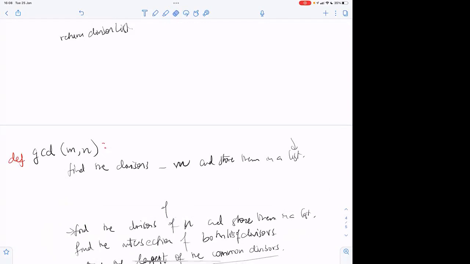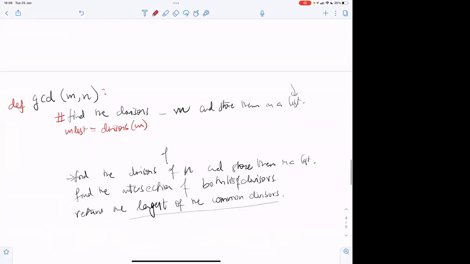I write M list is equal to divisors of M. Similarly, I write N list is equal to divisors of N, and find the intersection of both the lists of divisors.